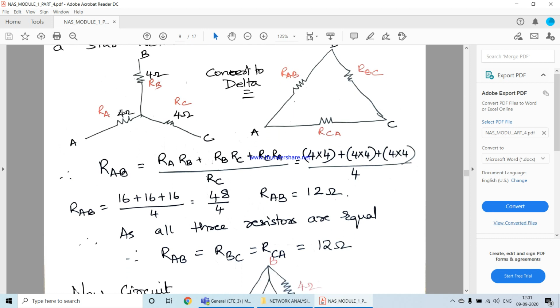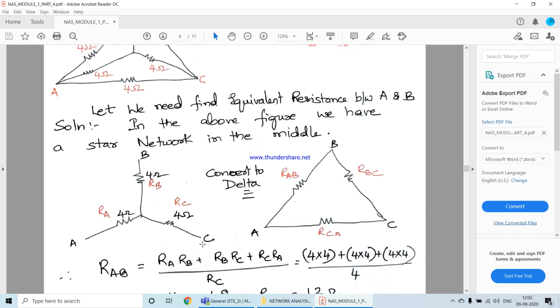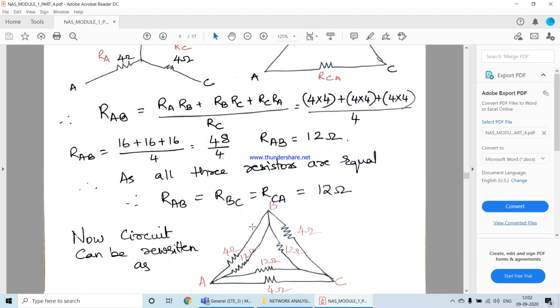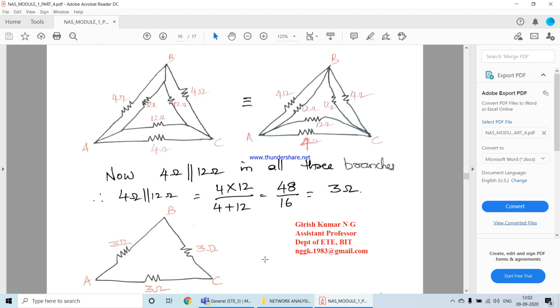Now I'll replace this star which was in the middle of the diagram in the given question with a delta, which is this. See, I have replaced that star with this delta. Can you see it? Okay, so here I have given 12 ohms, 12 ohms, 12 ohms in delta format, and meanwhile the outside delta remains as it is, which is 4 ohm, 4 ohm, 4 ohm. Now if you properly look into this diagram, this 4 ohm is parallel with this 12 ohms, this 4 ohm is parallel with this 12 ohms, this 4 ohm is parallel with the 12 ohms, right? So they lie in parallel.